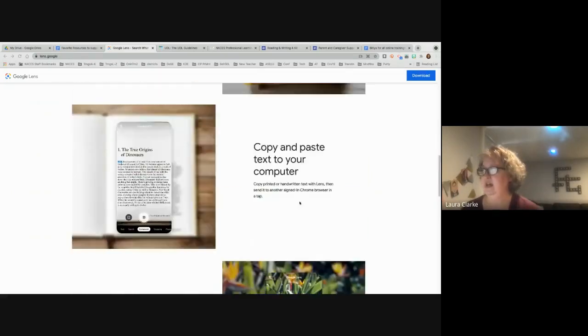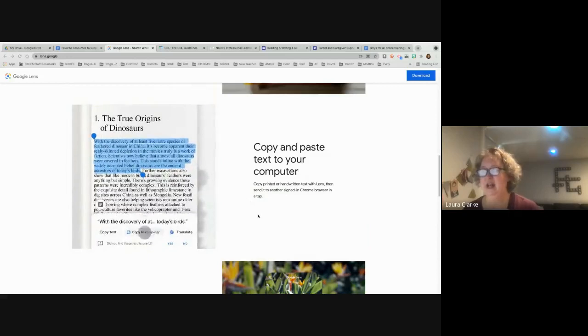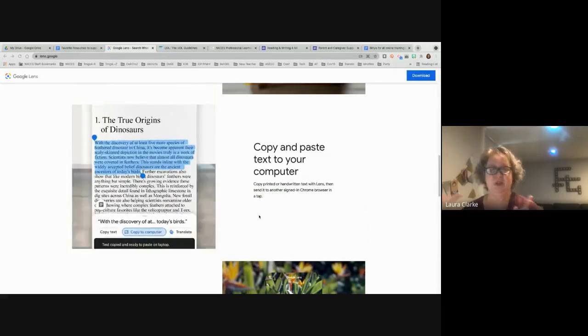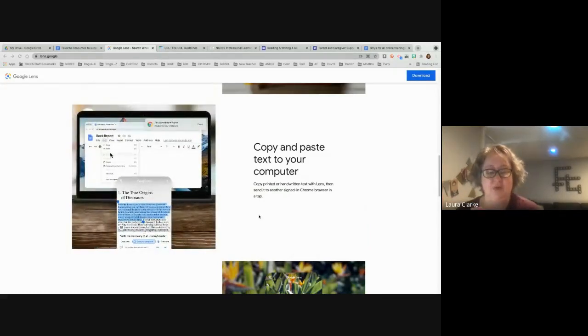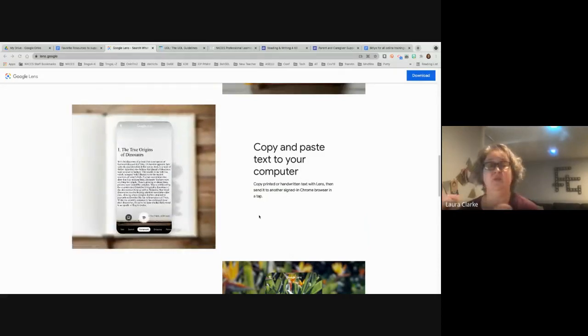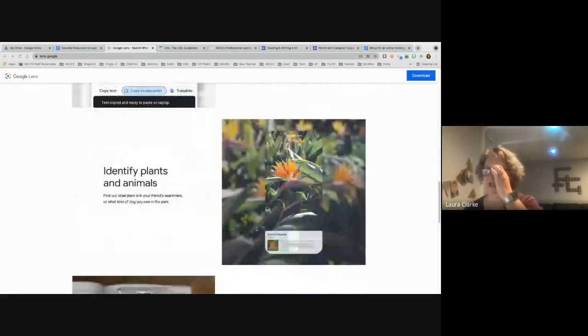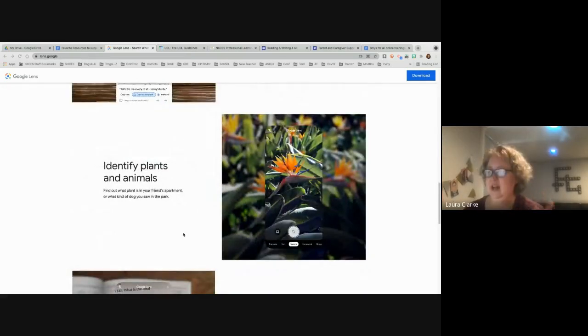You can copy and paste text to your computer. So of course we want to work with our kids on the importance of copyright laws and not copying directly, but it would give them an opportunity to copy something in and then practice those skills of paraphrasing and synthesizing text. Another fantastic opportunity is to use that Google Lens to identify things in nature